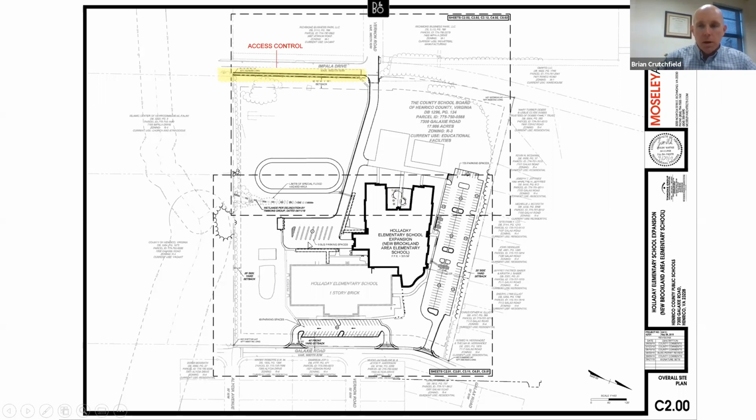One of the balances we run into a lot is where you've got shared facilities between a school system and a park and rec. If there's a partnership between a county park and rec department, the tendency is we want to spend the least amount of money that we have to develop a site, so we keep it all the way to the front. We'll give all the property in the back. Maybe it's in the floodplain. Maybe it's in some bad soil areas. We'll give that to the county for parks and rec, which is fine,